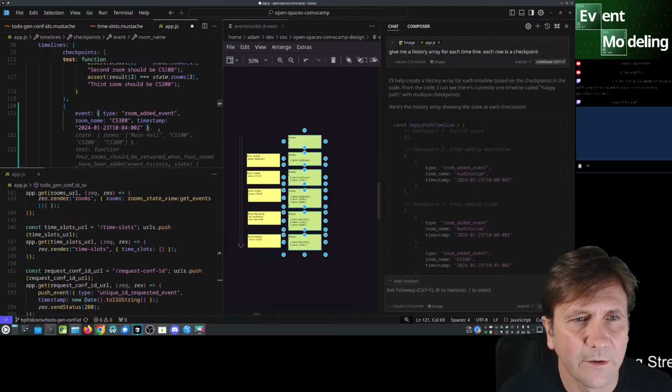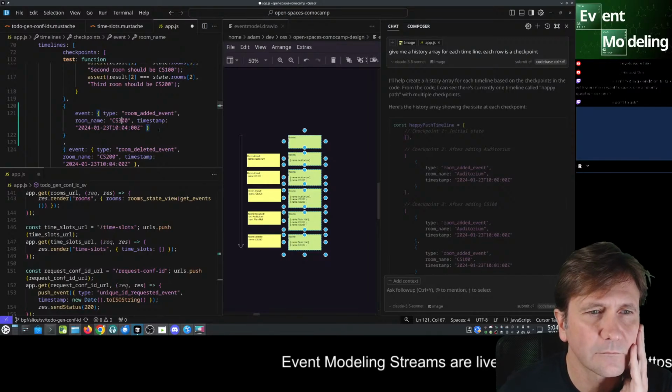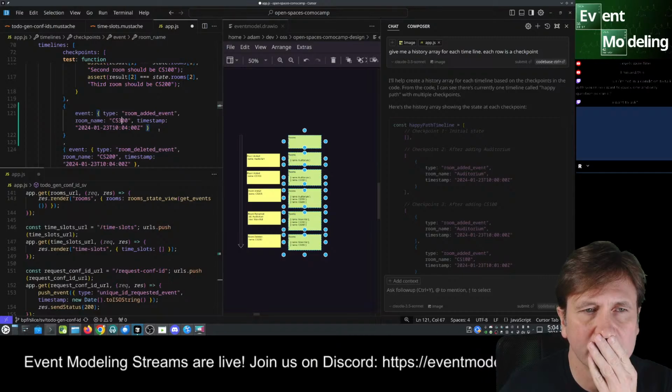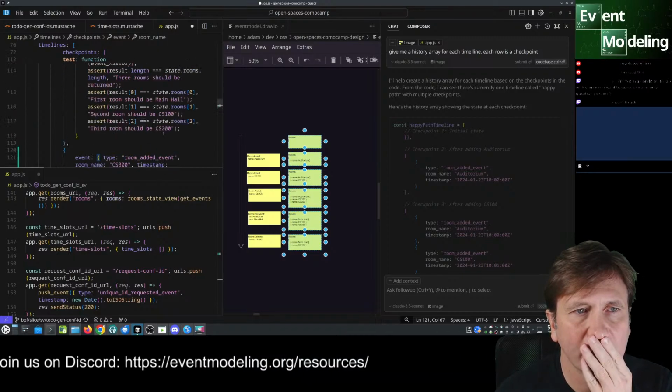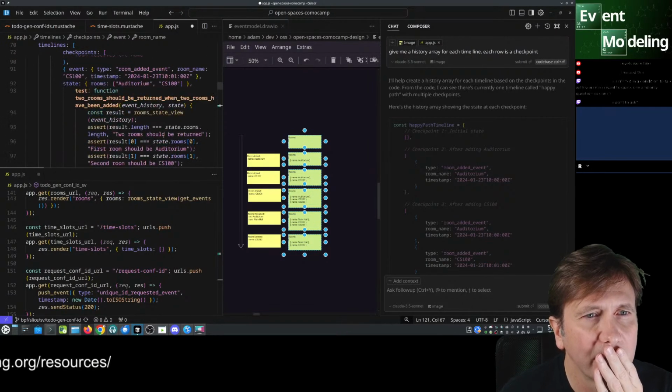And I don't want, do I want it up here? 2 rooms.